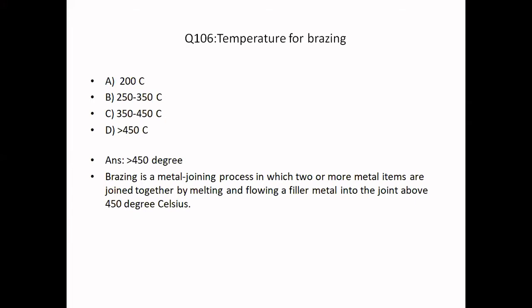Is it 250 to 350 degrees? Is it 350 to 450 degrees? Or is it less than 450 degrees? Now for soldering, we use a temperature of less than 450 degrees with a third metal, a filler metal, in conjunction with two parent metals. But in brazing, we heat it above 450 degrees Celsius, in conjunction with the parent metal itself only. You're not using a filler metal, but you'll use only the parent metal directly and heat it above 450 degrees